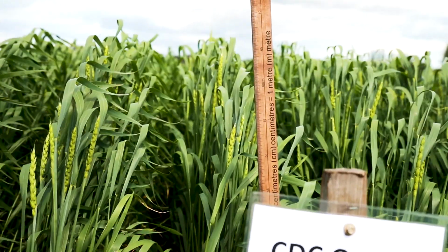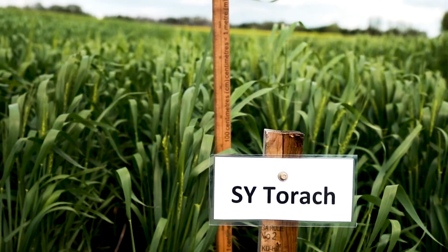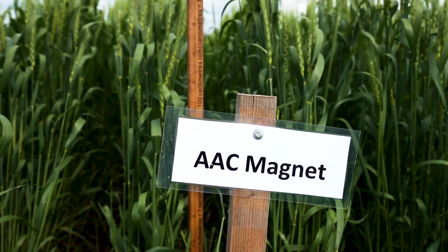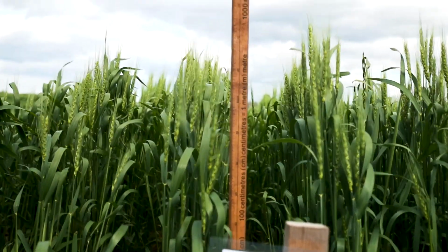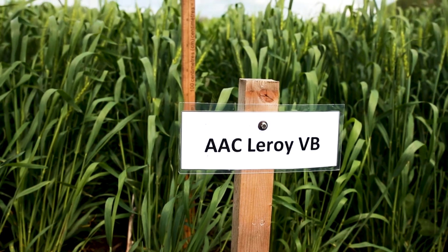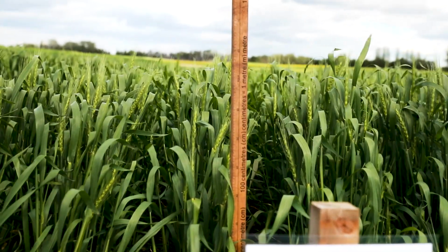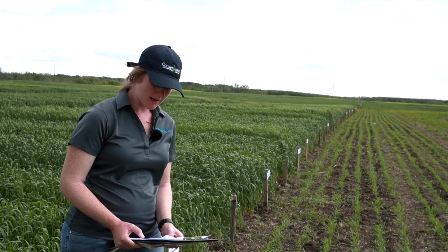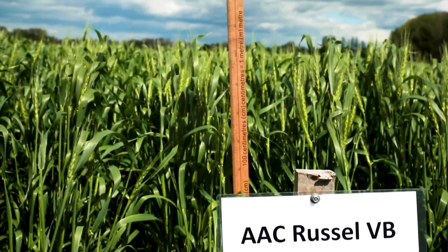CDC Ortona, SY Torak, AAC Magnet, AAC Leroy, a varietal blend, 15% greater yield than Carberry, 0.5% less protein. It is slightly taller, and so when compared to that Carberry, it could be more susceptible to lodging. AAC Russell, a varietal blend,